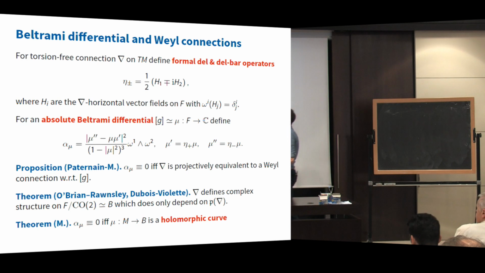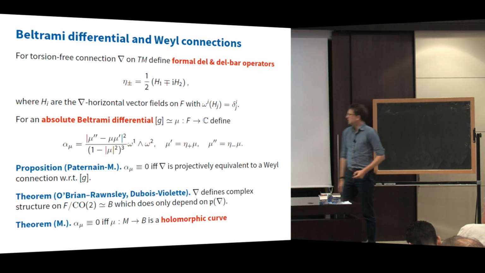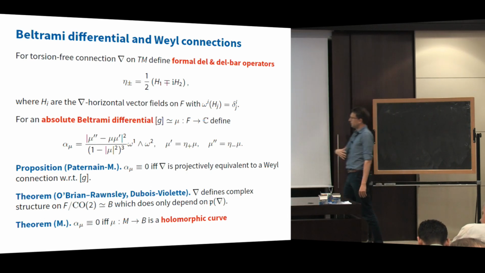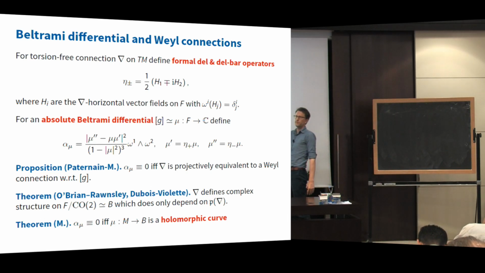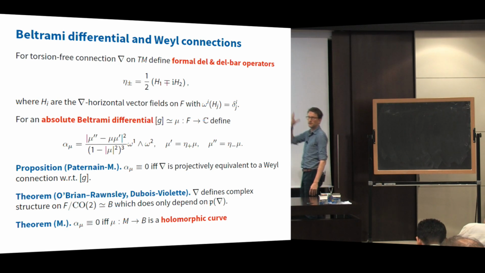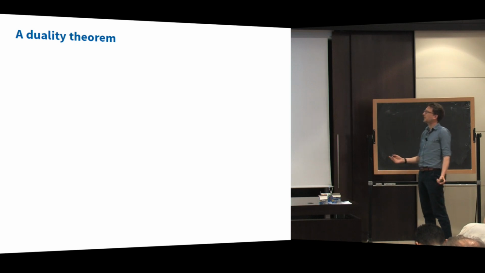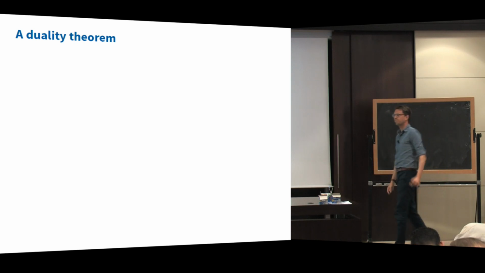Okay? So this is all a bit abstract nonsense currently. But I think it would be interesting to know if there's something deeper going on here. Okay, so finding a compatible Weil connection in a projective class is finding a holomorphic curve into this complex surface. Right? So that's the upshot of what we've learned so far. So how does that connect to Finsler geometry?